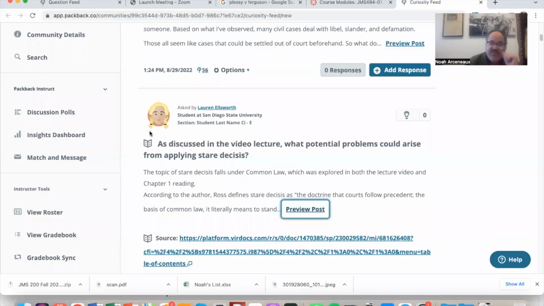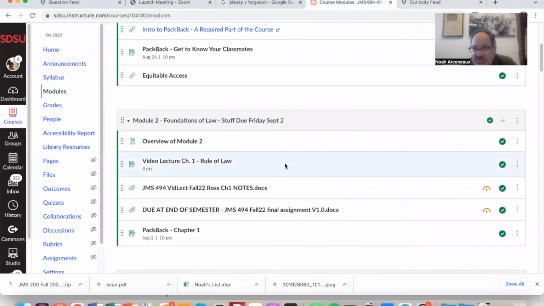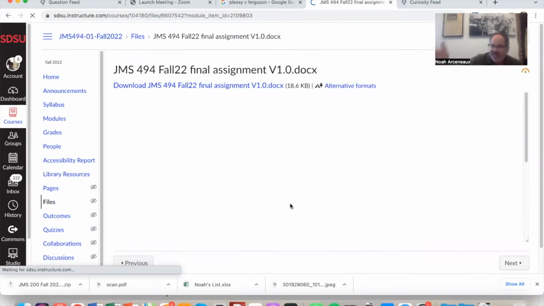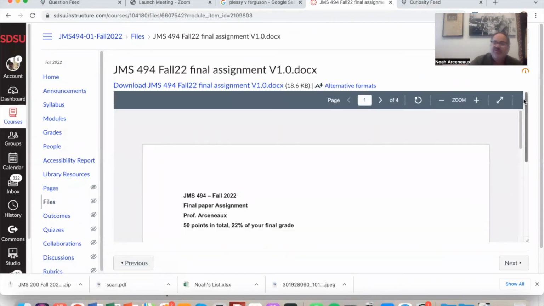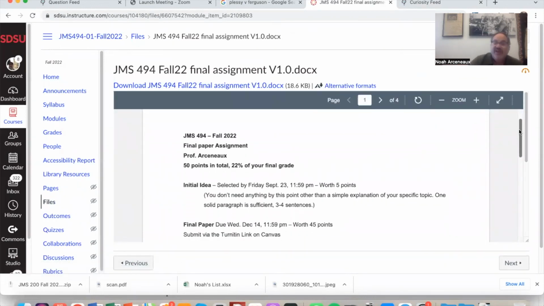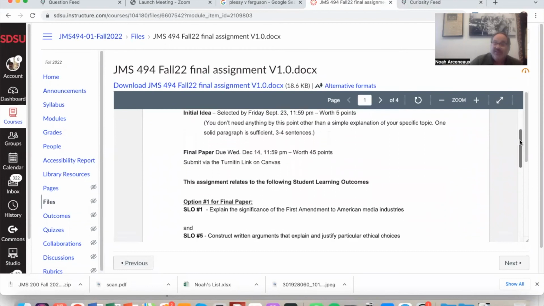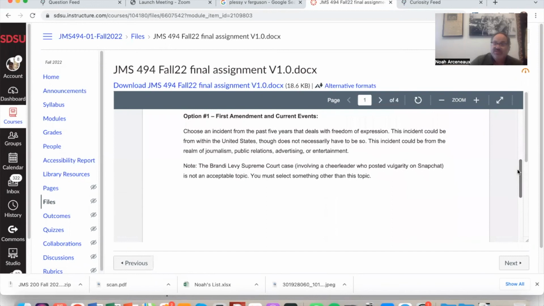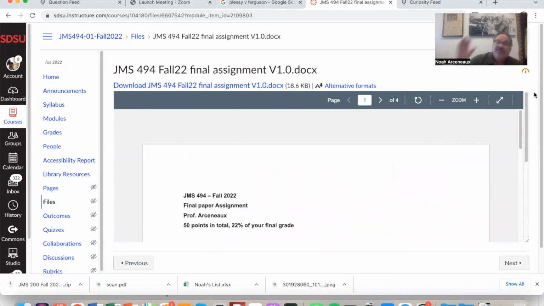And the other thing that is due this week, here it is. No, it's not due, excuse me. Sorry, it is not due this week. Take a look at the final assignment instructions. The final assignment is not due till the end of the semester, but I want you to start thinking about it and put it in your head. Here we have the instructions for the final assignment. Take a look at that. I cannot recommend strongly enough that you take a look at the instructions for the final assignment. Let it percolate in your brain.